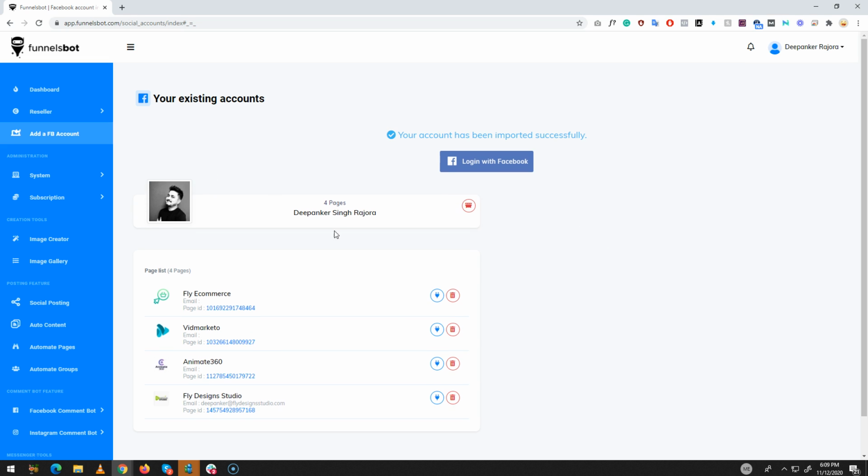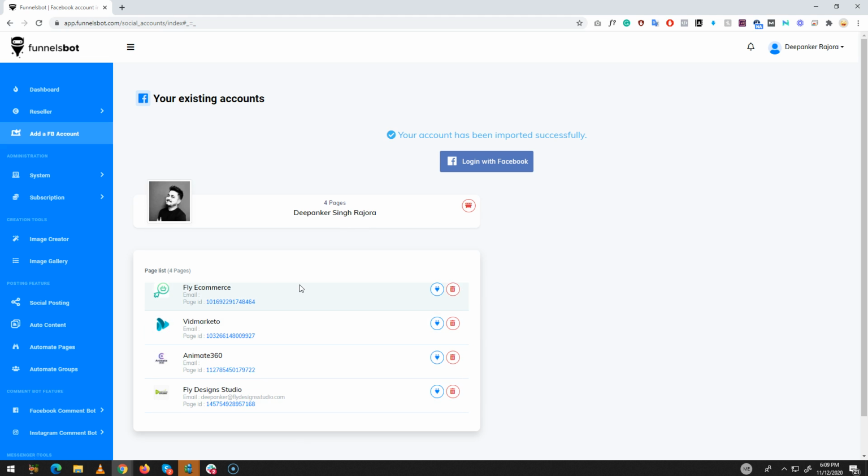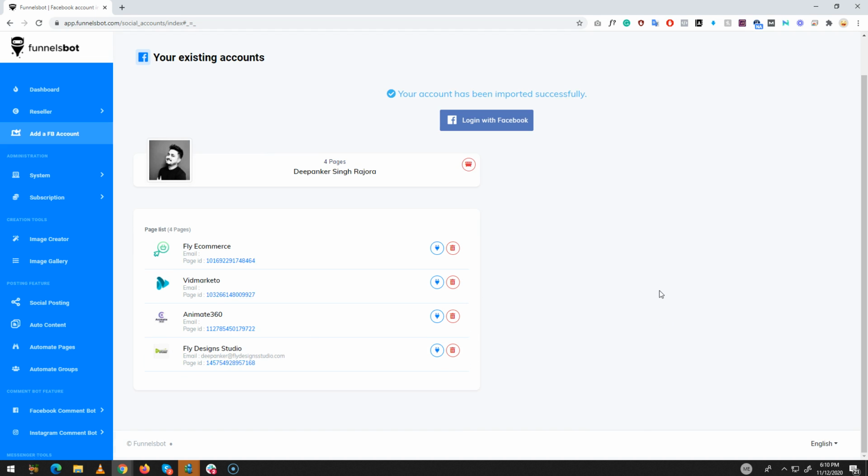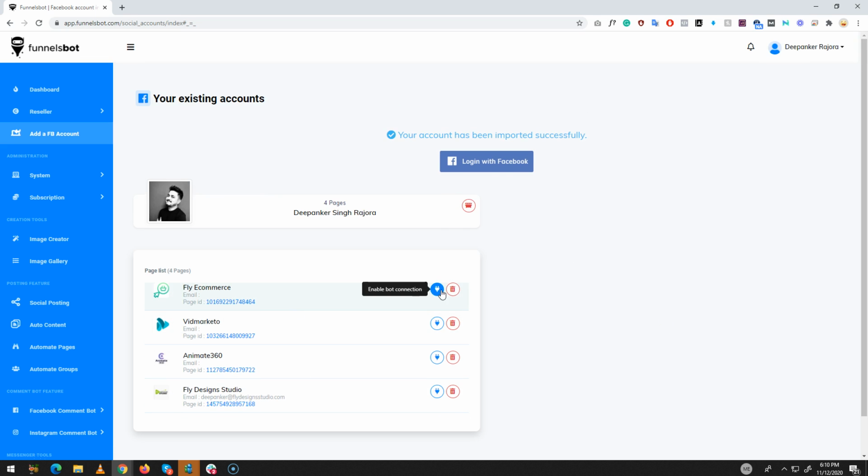So okay, now this is my account, and the Facebook pages I have I can see here also. You can run all automation via your Facebook pages. First of all, there is an option to enable bot connection.